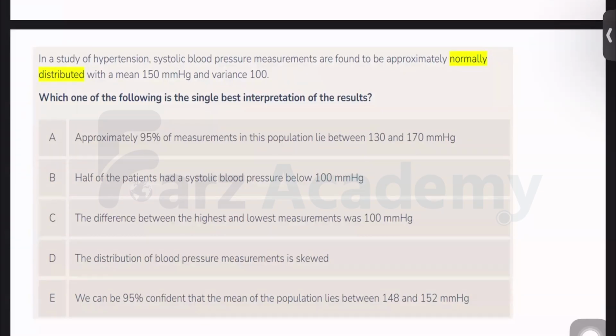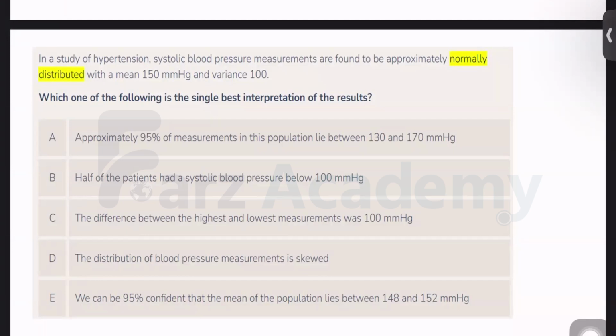So now see the D. Is normal distribution anytime skewed? No, right? It is always mean equal to median equal to mode. So D is not there. If A is saying 95% is between 130 and 170, can 95% be between 148 to 152? No. You can just understand by the range also. When your standard deviation is 10, your range can't be just between four numbers, 148 to 152. Even if you take one standard deviation, there has to be a difference of 10 at least, right? So E can't be the answer as well.